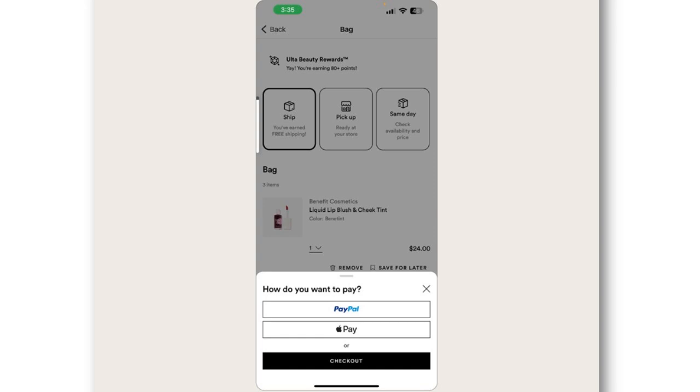First, you want to tap the button that says Apple Pay. The exact phrasing may vary depending on the app or website. And you want to choose between pay in full and pay later. Select the card you want to use, and